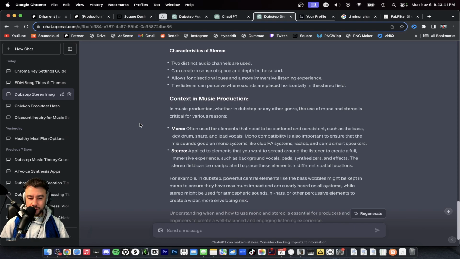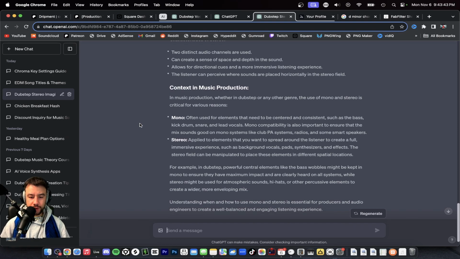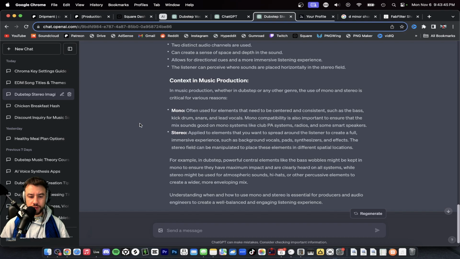Now, in music production, whether in dubstep or any genre, the use of mono and stereo is critical for various reasons. This is stuff I learned in school. Mono is often used for elements that need to be centered and consistent, such as the bass, kick drum, the snare, and lead vocals. Mono compatibility is also important to ensure that the mix sounds good on mono systems like club PA systems, radios,